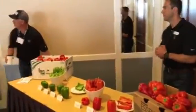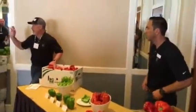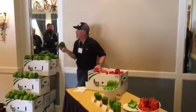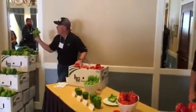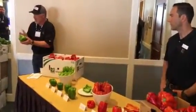Any idea if there's a better yield in a large versus a choice? Yeah, well, again, that's a great question, and it's all, in my opinion, it's all about what you're going to do with it and asking the question. So, what is your application? What are you doing? Are you chopping it up? So, in my opinion, I would always want a larger pepper, only because if I was taking them and wanted